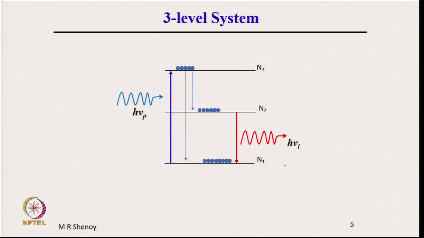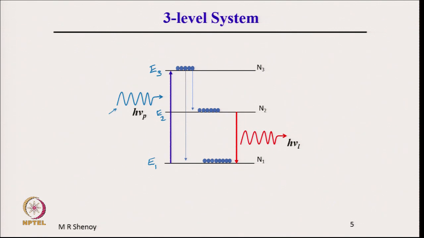Now, we are considering 3 energy levels of the atomic system. This one being the ground state E1, the upper state could be E2 or some other higher state also, but the lowest level is the ground state, and this could be E3. Let us say the ground state and 2 excited states. In this case, if we have an external pumping mechanism which is shown here by the blue sinusoid, h nu p is the energy of the pumping photons, that is the pump photons.